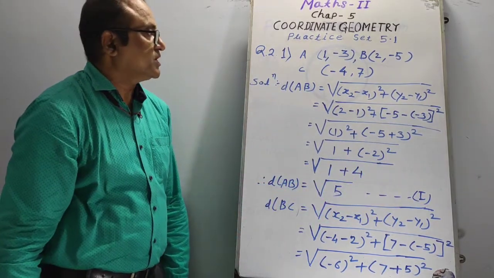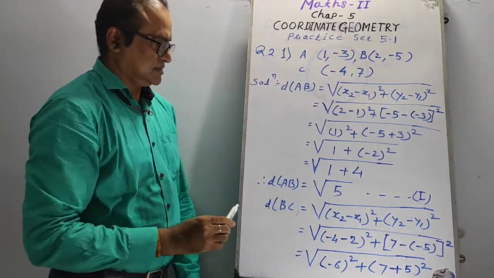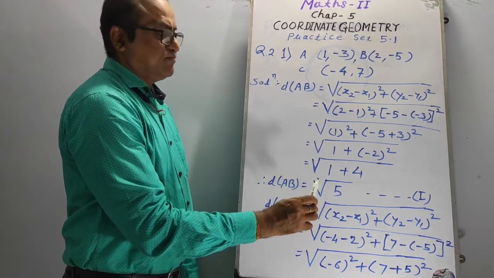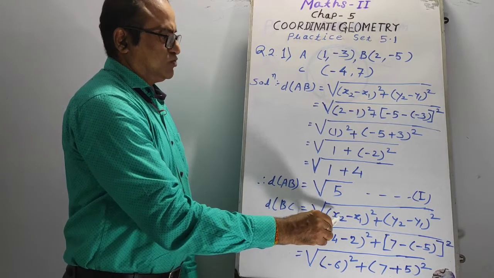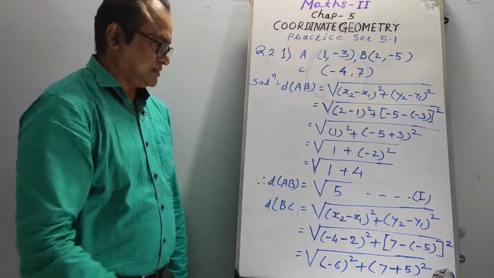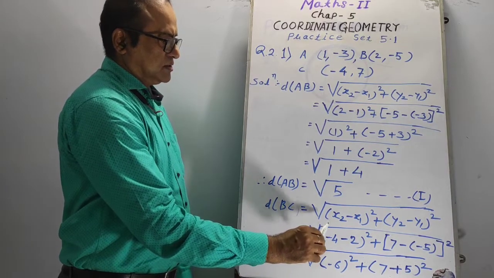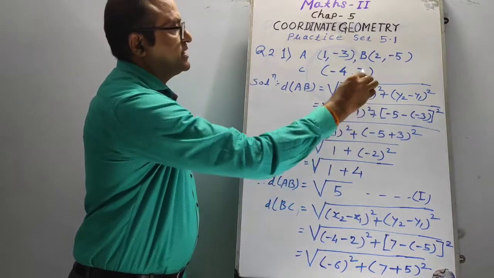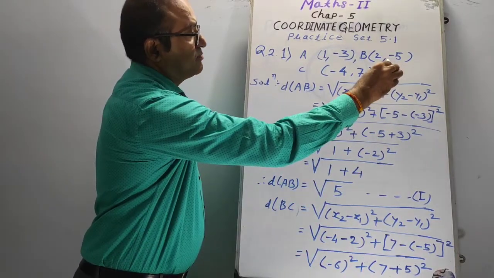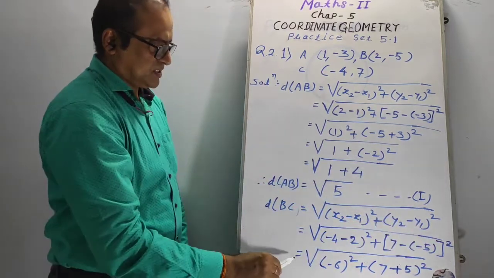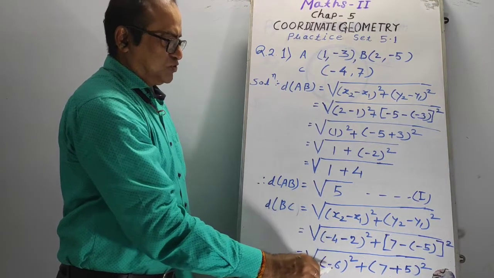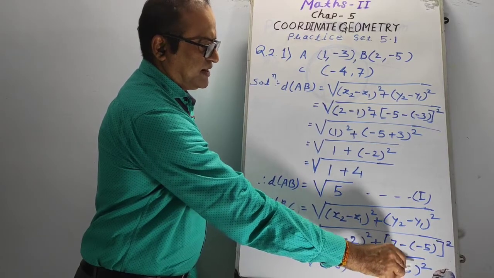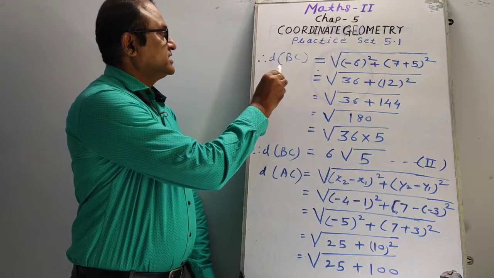First. Then second, distance BC. We have to find distance BC with the same distance formula: root of (x2 minus x1) square plus (y2 minus y1) square, is equal to root of (x2 is -4 minus 2) square plus (7 minus (-5)) square, is equal to root of (-4 minus 2 is -6) square plus (7 minus minus, plus 5) square. Next, therefore distance BC is equal to